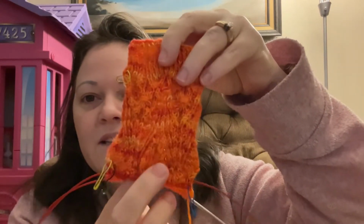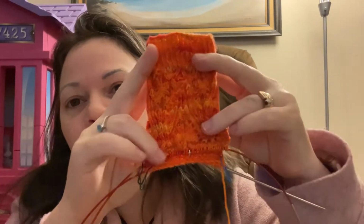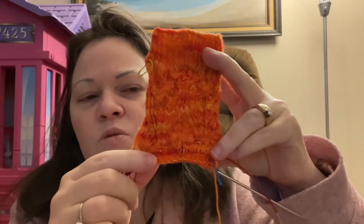Okay, so my next project I'm very excited about. I was accepted for a test sock knit from Sari Nordland. I don't know if I'm saying her name right, but if you're on Ravelry, you know who she is. She has stuff come out all the time. And so I am testing her Kuutar, K-U-U-T-A-R,